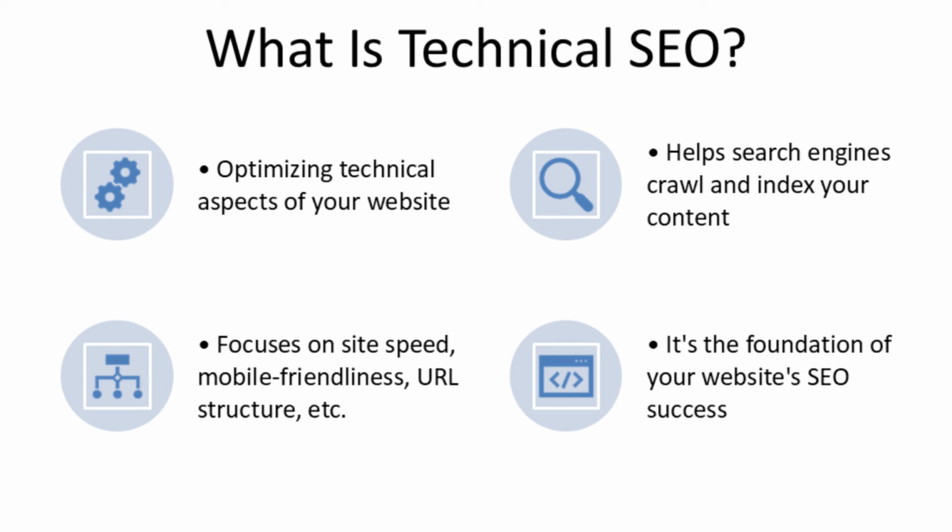What is technical SEO? So what exactly is technical SEO? Simply put, technical SEO refers to the process of optimizing the technical aspects of your website to help search engines crawl and index your content more effectively. Now, this goes beyond the usual on page SEO elements like keywords and content. Technical SEO focuses on the behind the scenes parts of your website, such as site speed, mobile friendliness, URL structure,